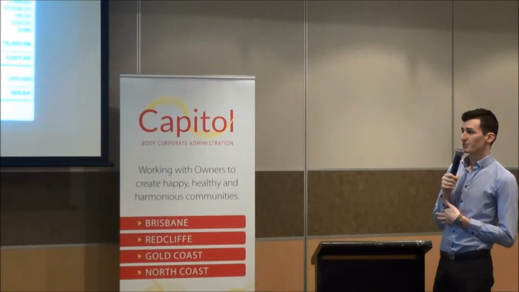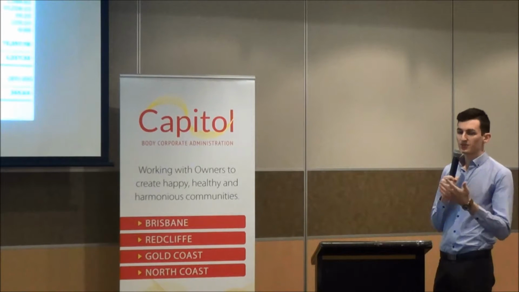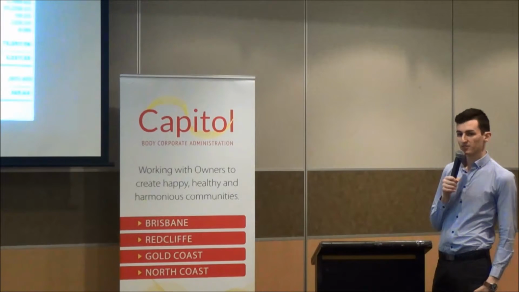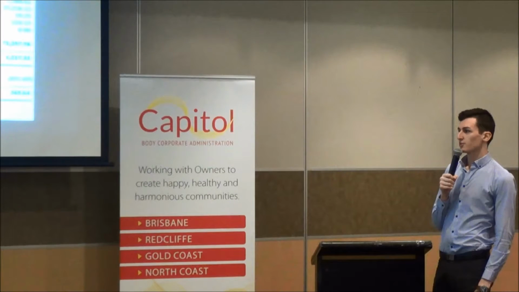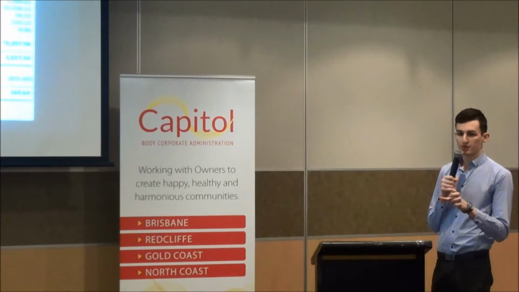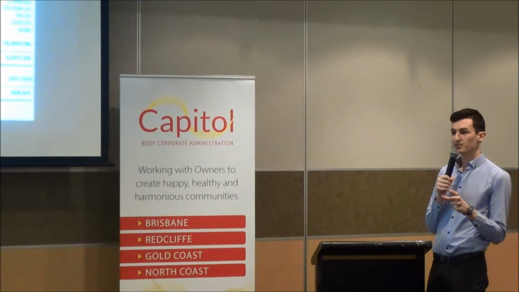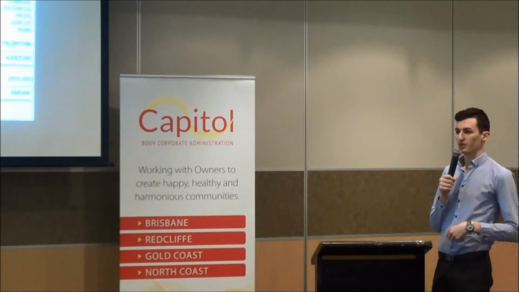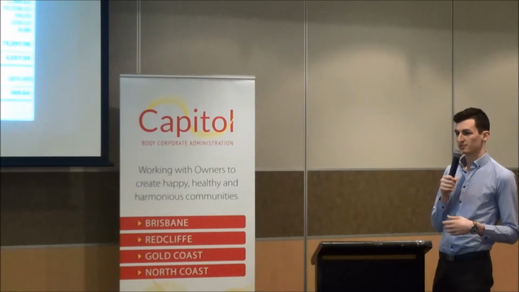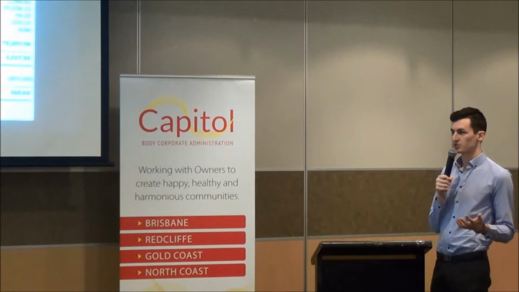And you can see down there at the bottom, there's an administrative fund balance of $8,000. So if, 6 months through the year, we might need to get legal advice, which hasn't been included in the budget. If we've got a balance there, we can spend some money without needing to go to owners for a special levy. If there's no money there, then that's when owners start to get special levies for things that need to happen but aren't included in the budget already.